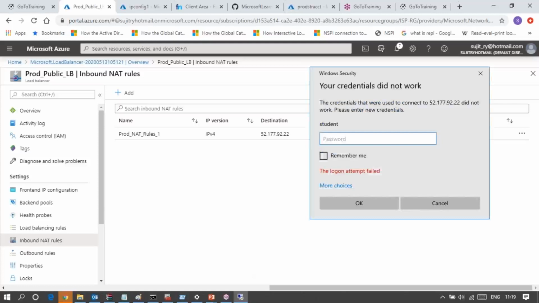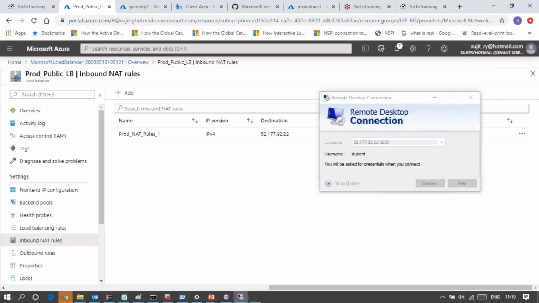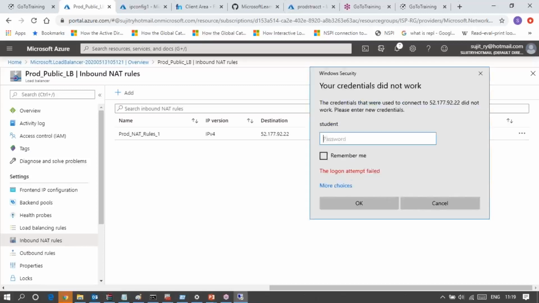Login attempt failed, maybe the password I mentioned is wrong.